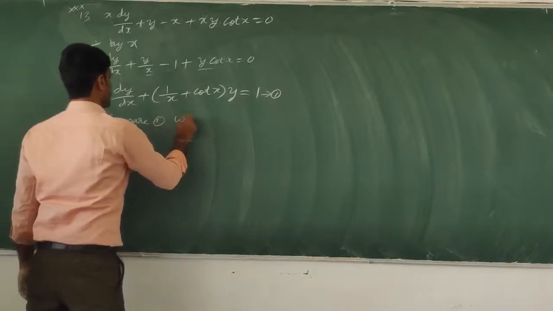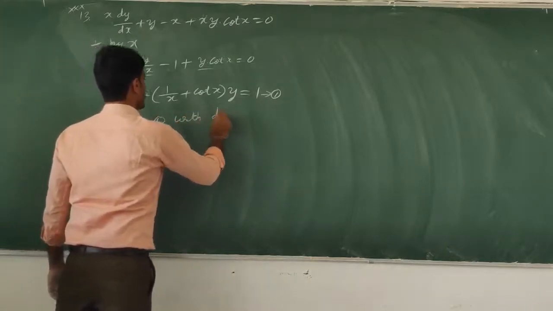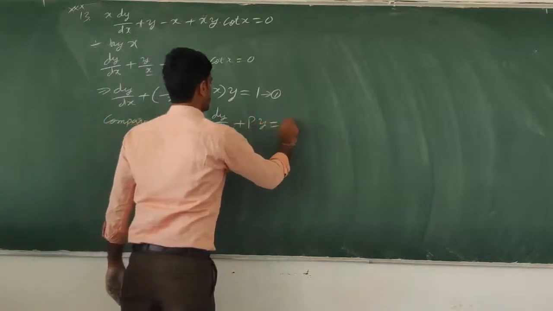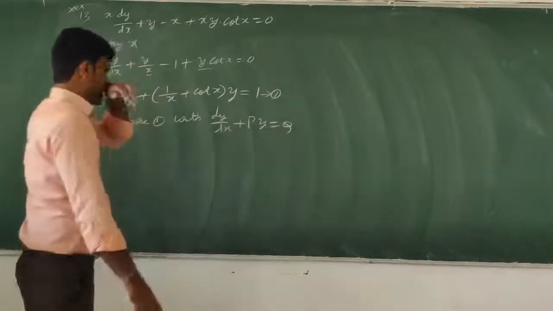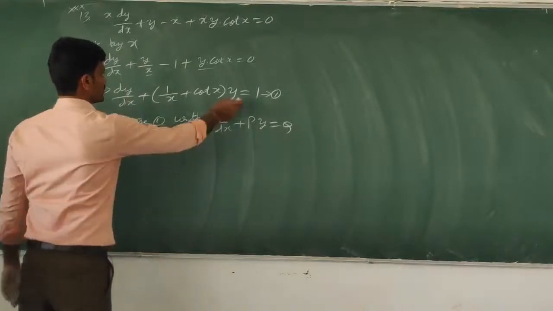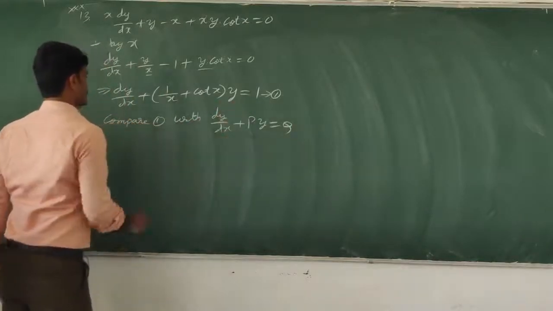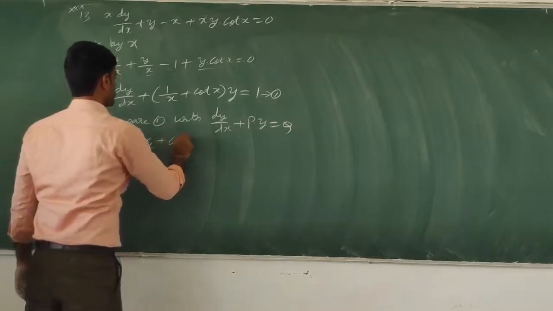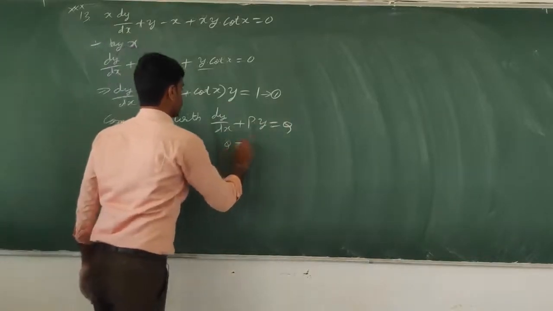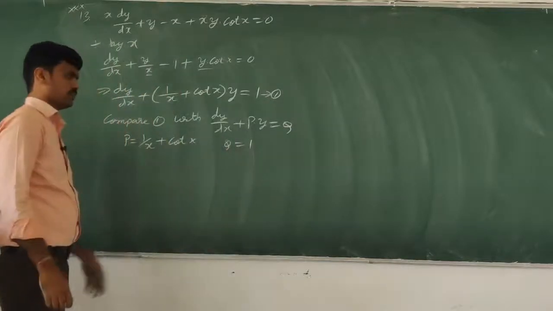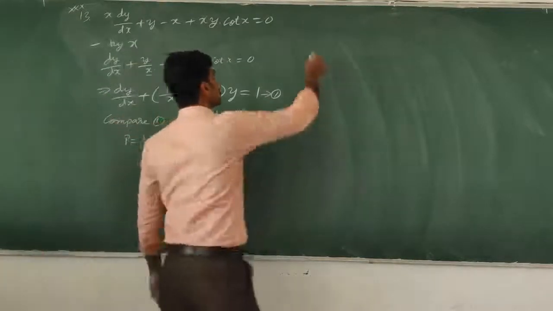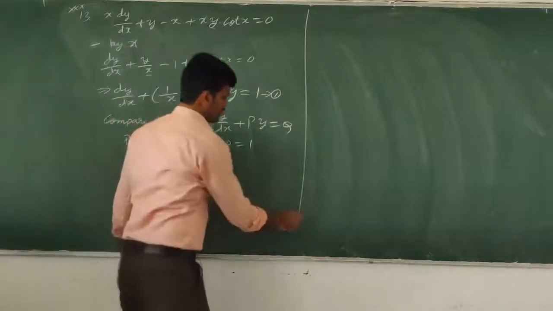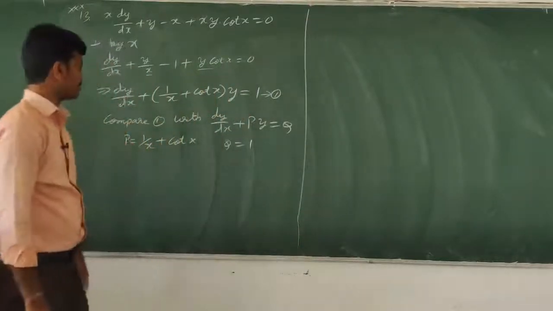Compare equation 1 with the standard form, that is dy by dx plus p into y is equal to q. On comparing this equation with the standard equation, we have the value of p, that is 1 by x plus cot x, and also the value of q, that is 1. The q value is 1. So after finding p and q values, we have to